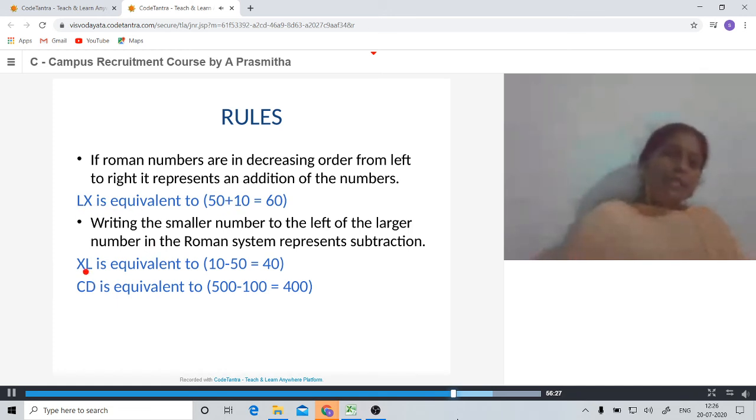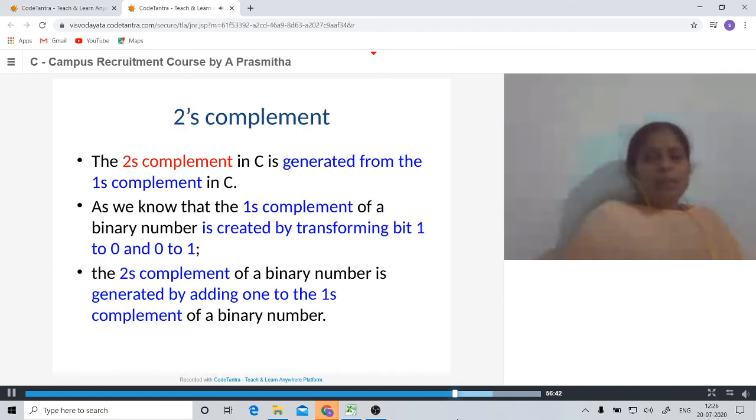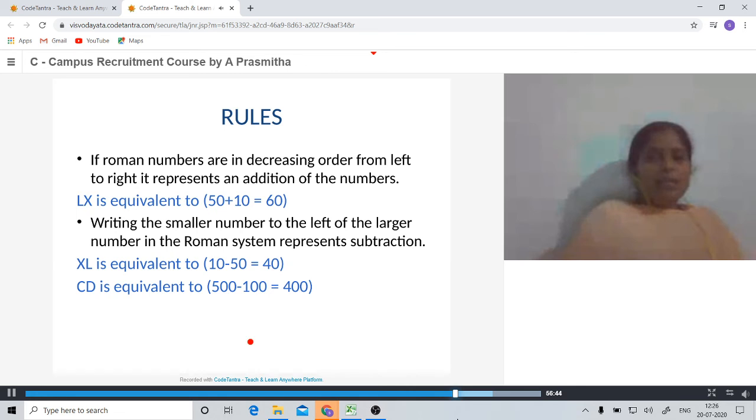If it is in increasing order, X is a smaller number and L is a bigger number, then you are going to subtract the two numbers to get the actual value. So these are the rules while converting the Roman number into a decimal number. Keeping all these things in mind, we will develop the logic. Let us see the program for converting Roman number into decimal number.